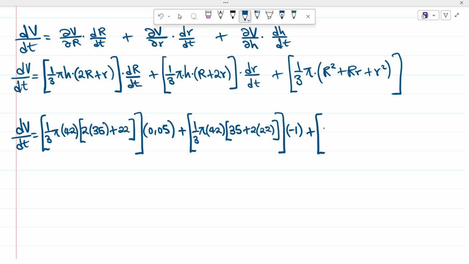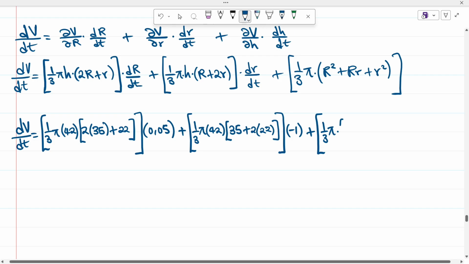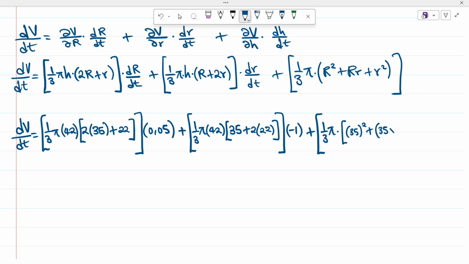Now we do for the last term, which is just going to be 1 over 3 pi. R squared is what? It's 35, right? So this is going to be 35 squared plus 35 multiplied by 22